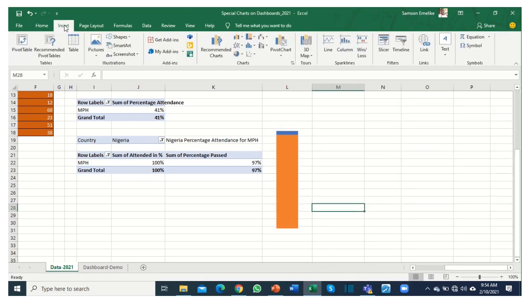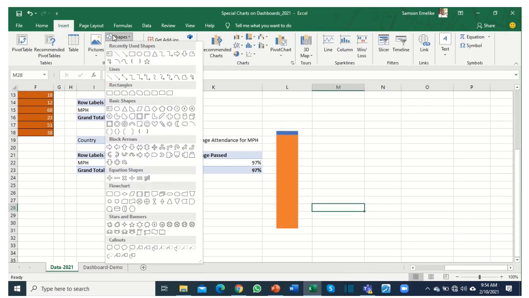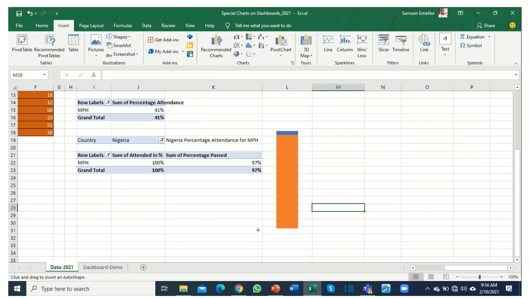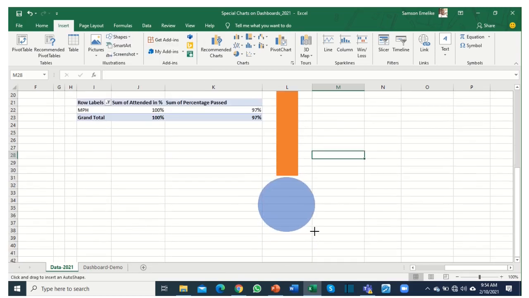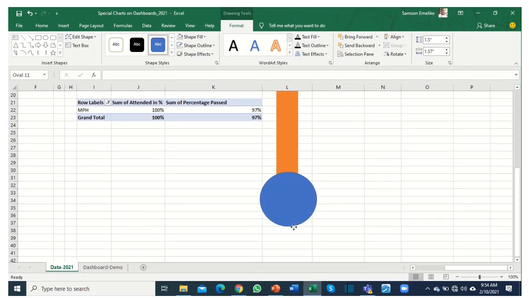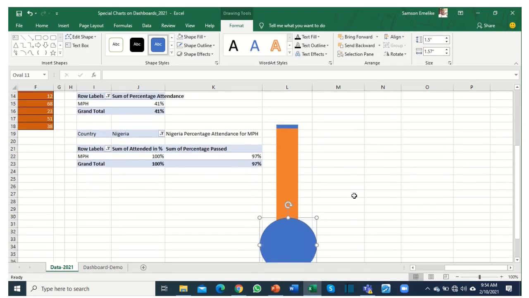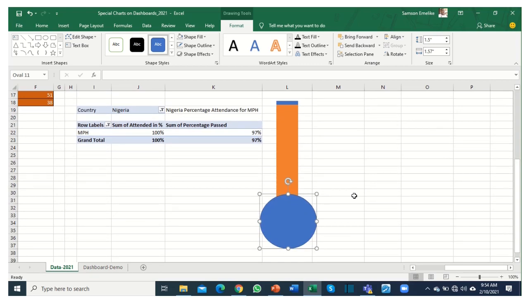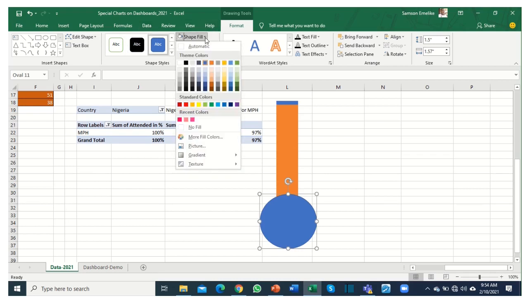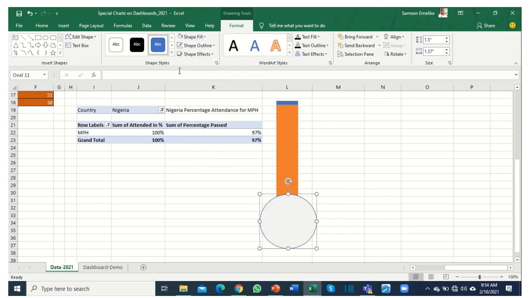So I need to now insert the base. Let me get the base of my thermometer. The base is like this. We all know how a thermometer looks. Okay, so let's choose what color of thermometer we are making here. Let's try and make it as realistic as possible. Let's use this. Let's say if this is okay, then